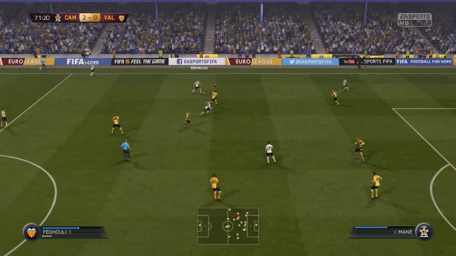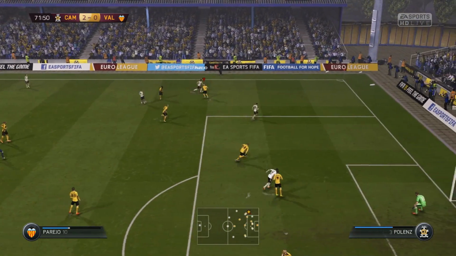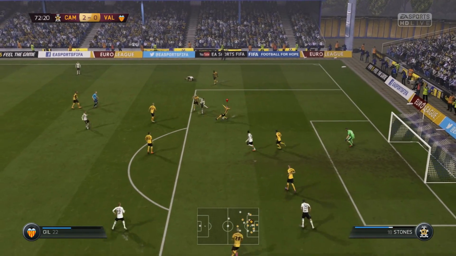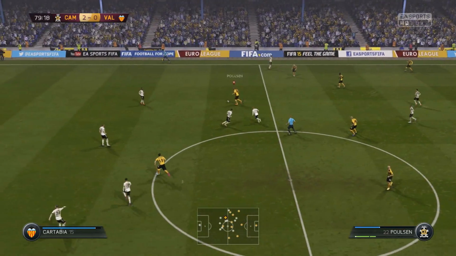I wasn't expecting him to have that sort of finish on it. I was genuinely aiming for the far bottom corner, and it caught Diego Alves out as well, and he wasn't able to get it out. So 2-0 to Cambridge United now at home against Valencia, and that was kind of the story of their attacking